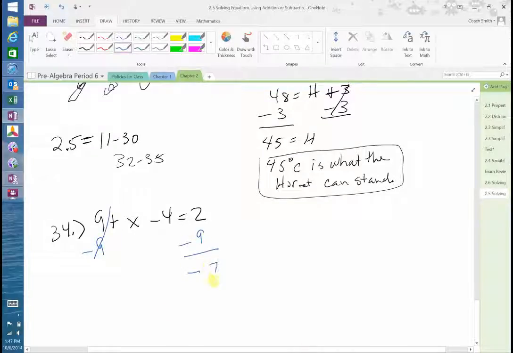You get negative 7, and that leaves me at x minus 4 equals negative 7. Now, I add 4 here and here. Cancels, leaving me with negative 7 plus positive 4, which would be what? Negative 3. Okay? You may go,